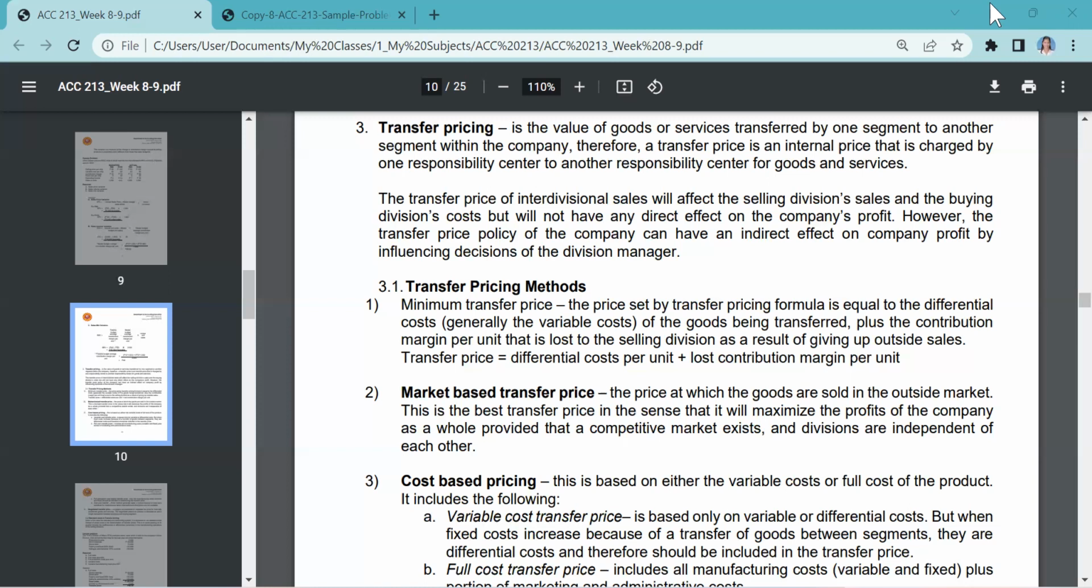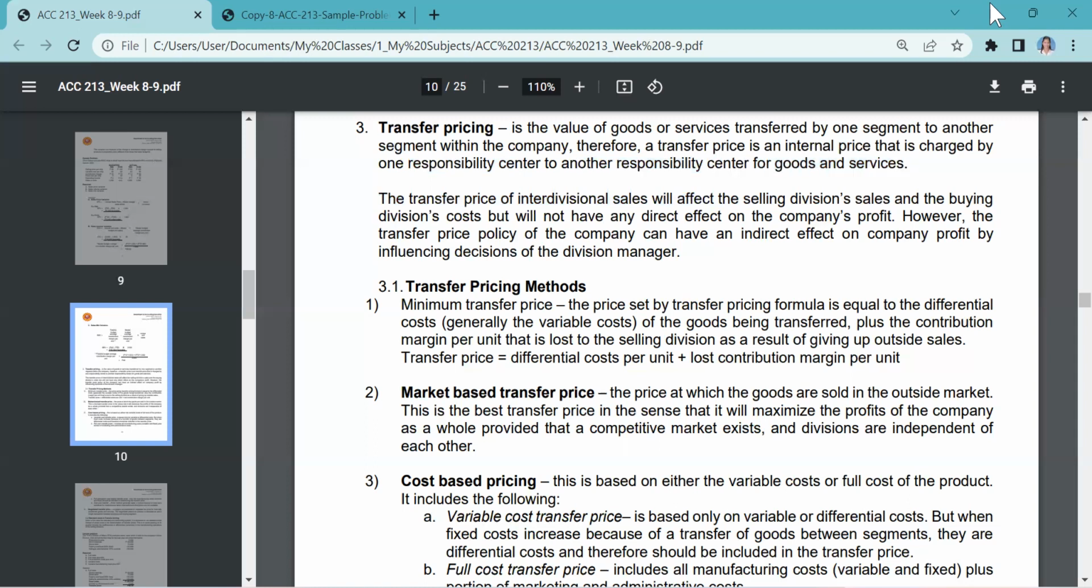Now, what is transfer pricing? Transfer pricing is the value of goods or services transferred by one segment to another segment within the company. So, how much price will be charged to the other unit or segment or department. So therefore, a transfer price is an internal price. So it is only within the entity that is charged by one responsibility center to another responsibility center for goods and